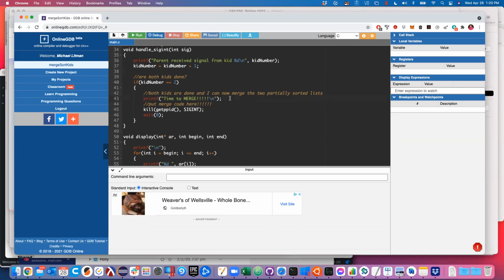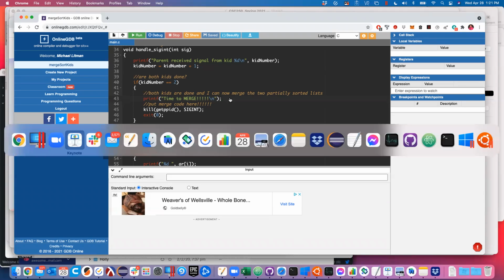So inside the handler, if it's time to merge, that means we know that the left half of our shared memory is sorted from begin to end, just that section of it. The left half of that section is sorted and the right half of that section is sorted. Now we need to perform the merge step, where we say, here's the portion of the array we're interested in. We need to pick a winner and then copy the answers back over to the right places. All right, so remember with the merge step,